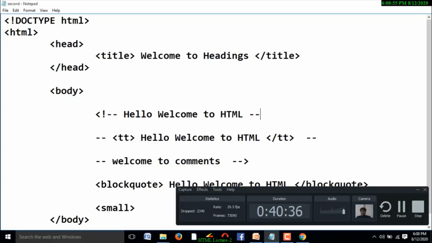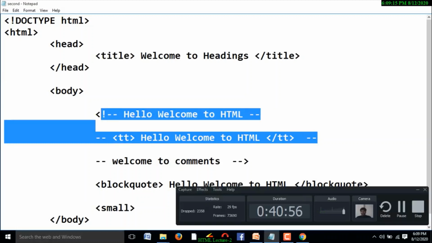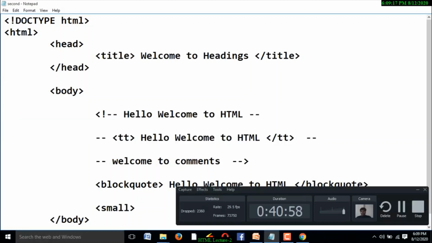Some tags may not be executed in some web browsers. The best browser for HTML document execution, the most compatible one, is Internet Explorer, IE. All of you better use Internet Explorer to see the output of all the tags, to see the functionality of all the tags.